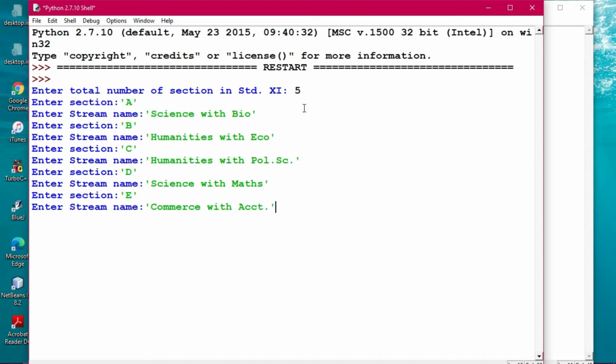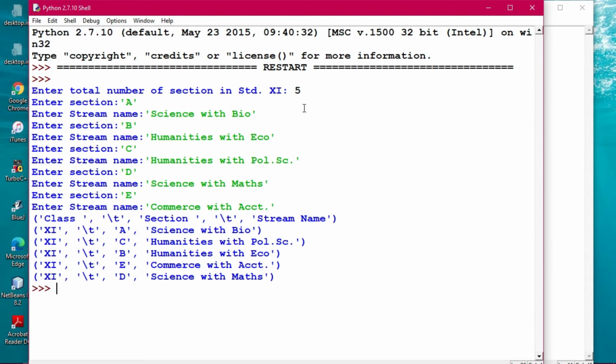Okay, then yes, finished. All right, so now you see out here this has been printed in this way. Section, then stream name, and then it has commerce class, then section has come, and then science with bio, everything has been printed in this way. Clear? So this is the output of this particular program.